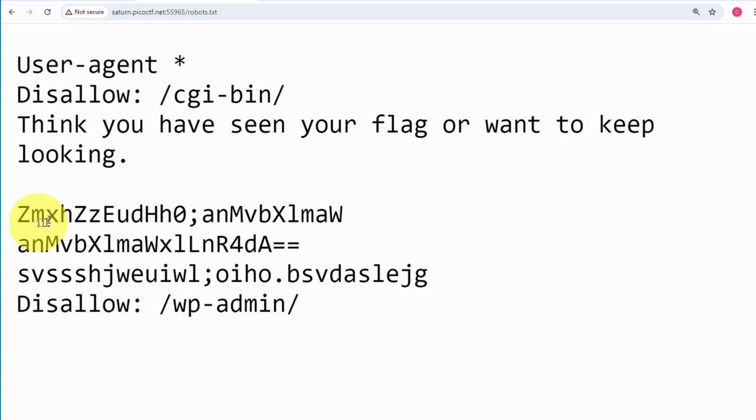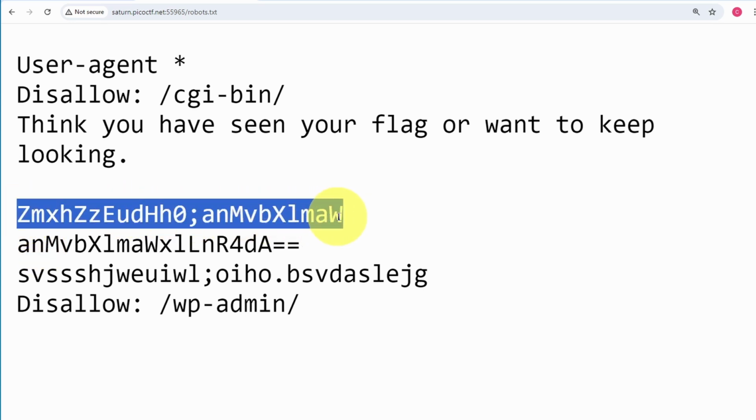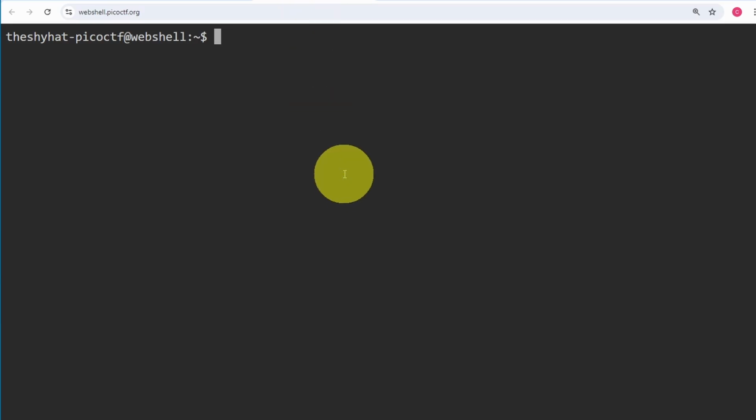So what we need to do with this code is decode it. So we can grab the individual lines like this. Highlight it and then select copy. And then over on the web shell, we can give the following command. We can do echo and then paste in